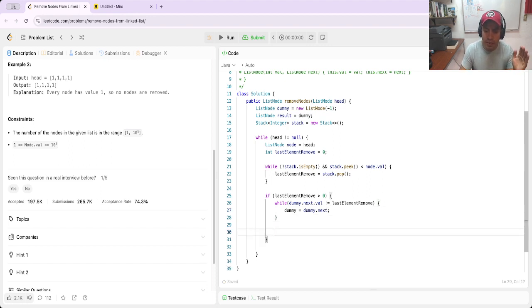Yeah, in this way basically we are moving until the dummy is